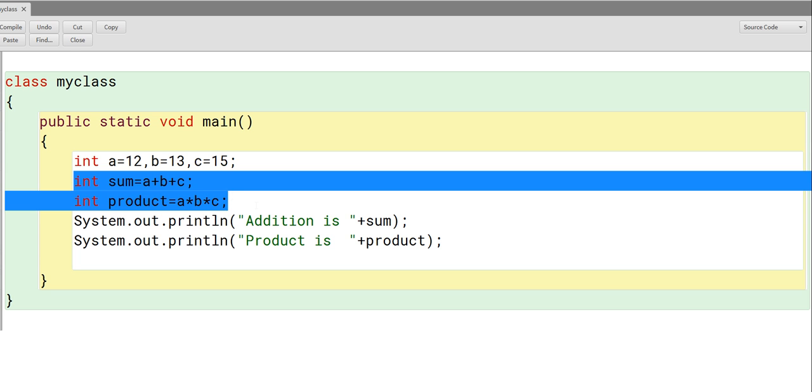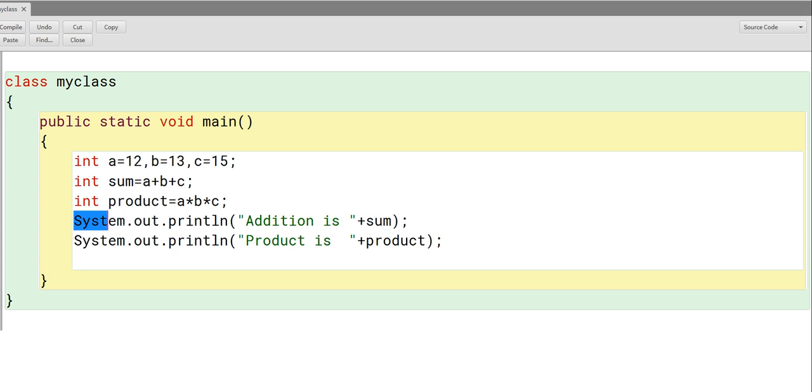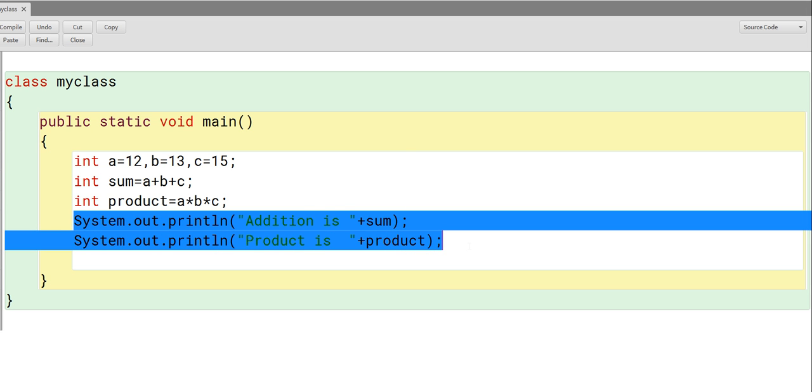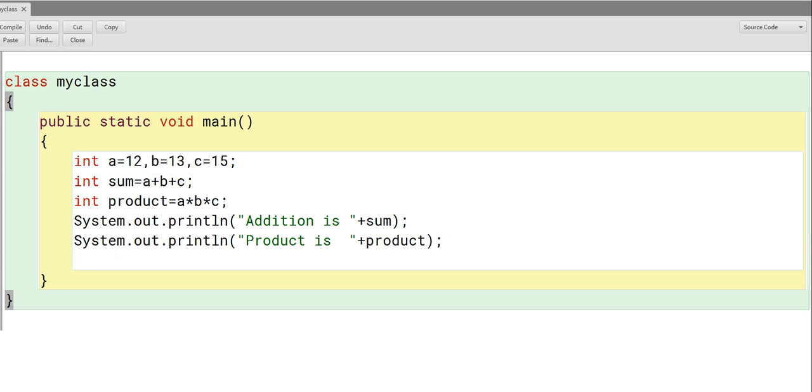We are doing the processing here, and these two statements print the output. So this program is divided into three forms: input, processing, and output. So practice all kinds of programs. All are simple programs, and in all of them you have to follow the same type of steps. Learn all these things, how to write the programs, and learn the spellings also.